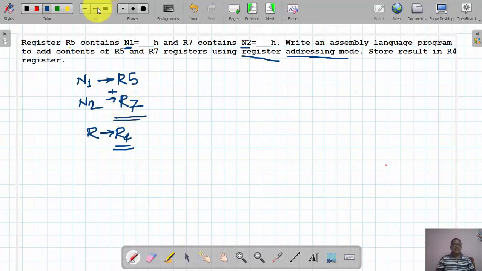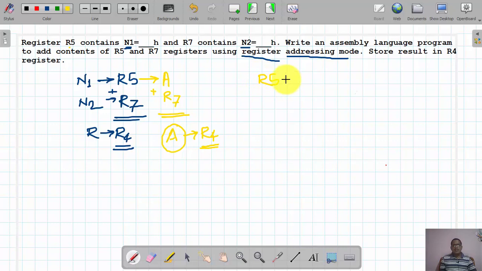As per the basic rule, whenever we perform any arithmetic operation on two 8-bit numbers, out of these two numbers, one number should be in the accumulator. So what we will do? The number present in R5 register we will copy into the accumulator. Then we will add it with R7 register, and the result generated by default is present in the accumulator, which we will copy into R4 register, right? So in this way, we develop the simple logic with the help of code.